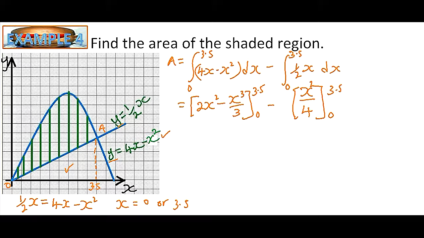So this will give us, now when you substitute 3.5 in the place of x and you substitute 0, you subtract, you get 24.5. You minus, you substitute 3.5 in place of x squared, and 0, you also do the same to 0, you will be able to get